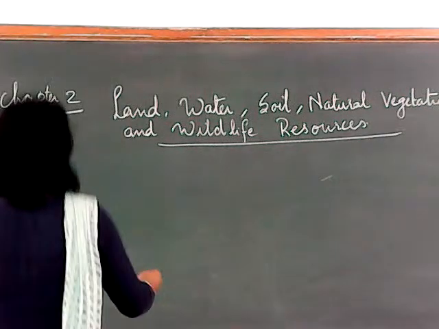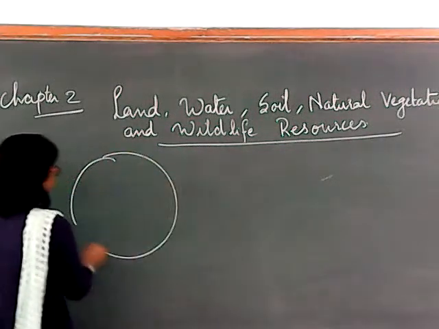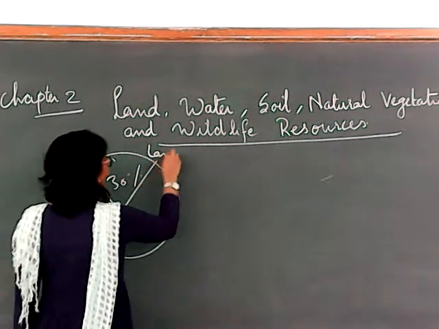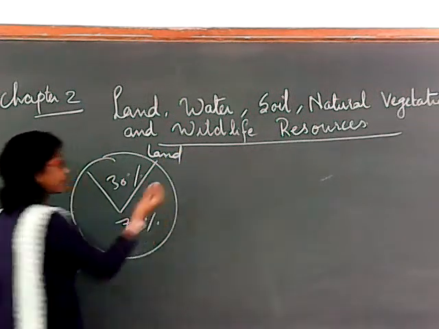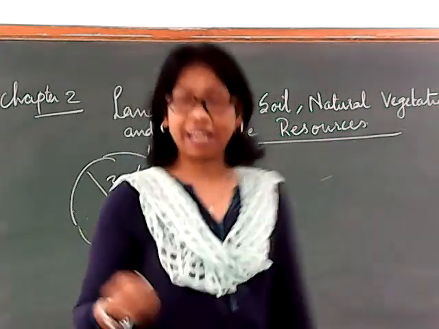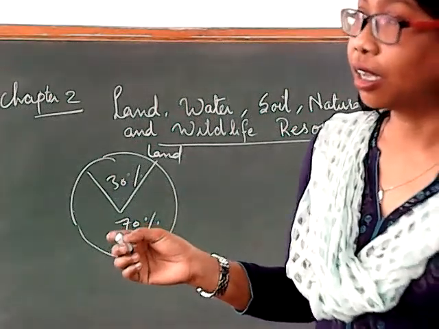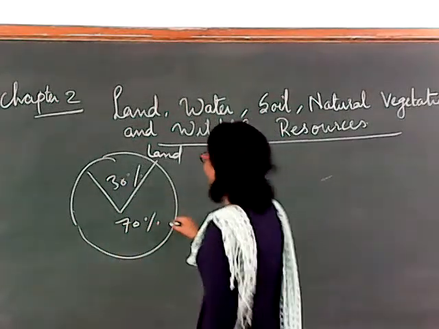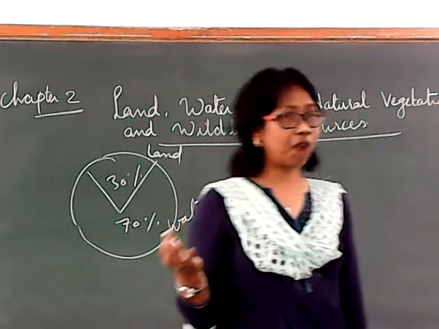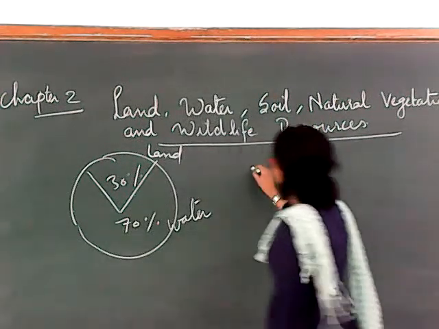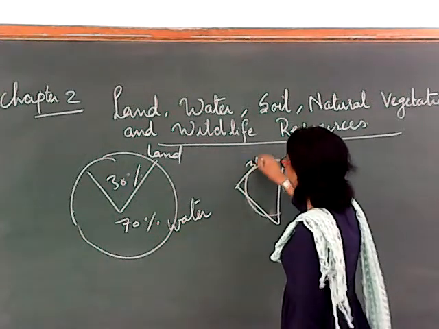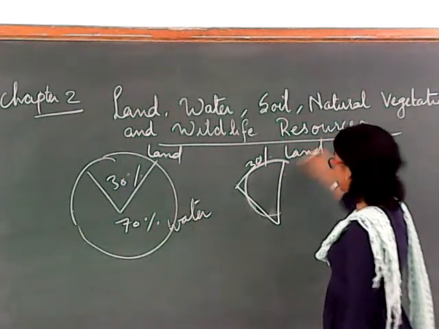You know that if you see the Earth, only 30% of the total Earth is land. The rest 70% is water, because the Earth is two-thirds covered with water. Clear? So this 30% of land is making, you know, this